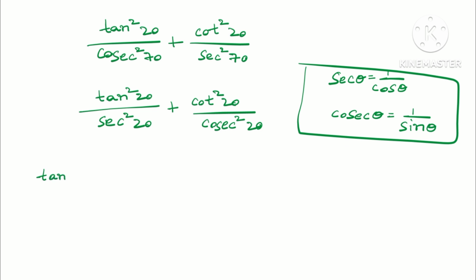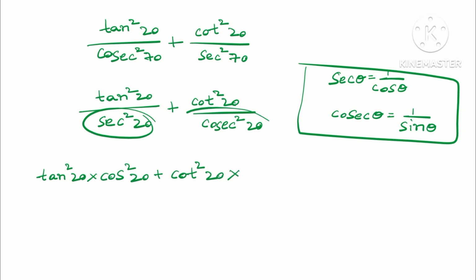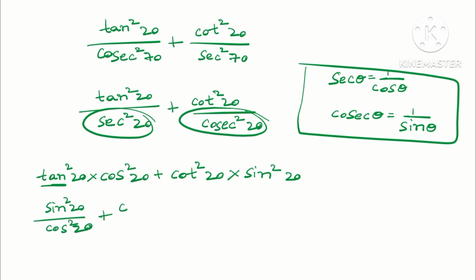Now we can write tan square 20 into 1 by secant square 20, which is cos square 20, plus cot square 20 into 1 by cosecant square 20, which is sin square 20. Tan we can write as sin square 20 by cos square 20 plus cot we can write as cos square 20 by sin square 20 into sin square 20,